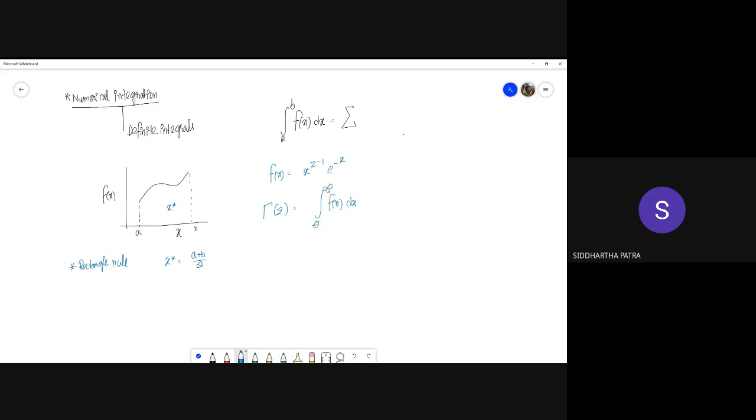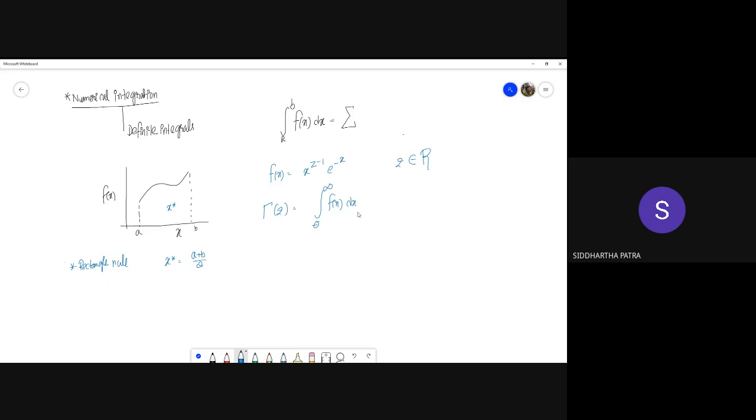Okay, so running from 0 to infinity, this gives you the gamma function. You understand that this type of function is not very easy to integrate for any arbitrary value of z belonging to any real number. For example, if z equals 1, then it is probably very easy to solve. But if it is, let's say, z equals pi, then probably it is not very easy to get the expression, because you cannot do the indefinite integral. Therefore, it is not very easy to evaluate the gamma function for any arbitrary z.